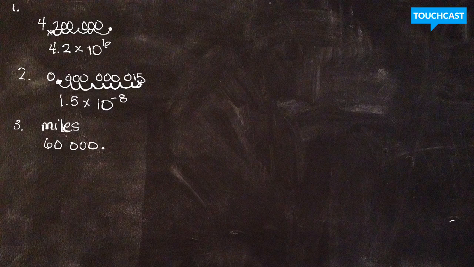First step, find where we're starting, find where we're going to end up. 1, 2, 3, 4 bumps. So we have 6 times 10 to the 4th. Now it's just good practice to put this 0 afterwards, just gives a placeholder. And if we do it for kilometers,